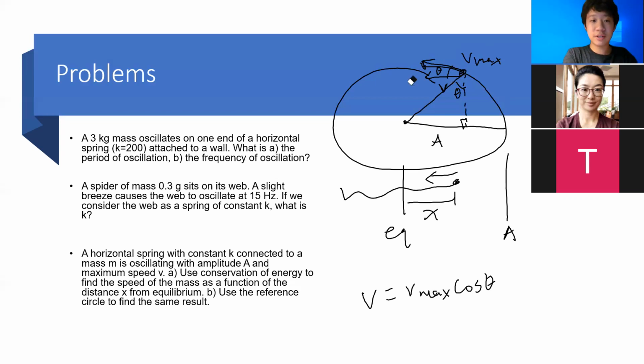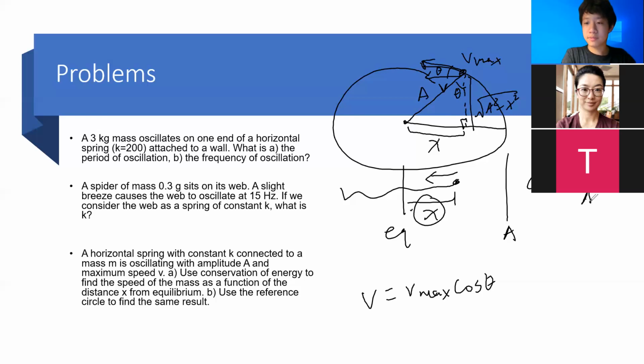Well, we have a right triangle here. The radius is a, so the hypotenuse of the triangle is a. And right here, we have x, because that's literally what x is. And this part is going to be the square root of a squared minus x squared by the Pythagorean theorem. So the cosine of theta is going to be the adjacent over the hypotenuse. So cosine theta equals the adjacent